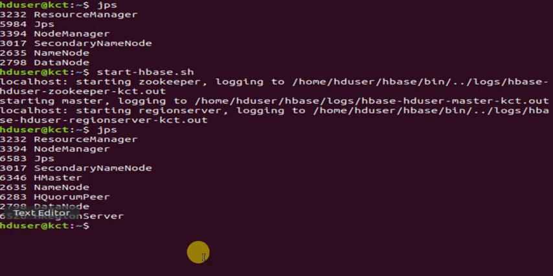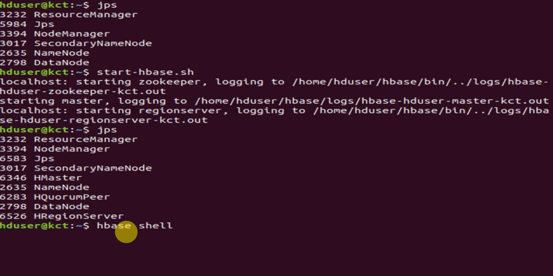See, now totally 9 processes got initiated, and the new processes are HMaster, HQuorumPeer as well as HRegionServer. So these 3 new processes have been initiated once you started HBase, and now we go for the next phase by typing hbase shell.